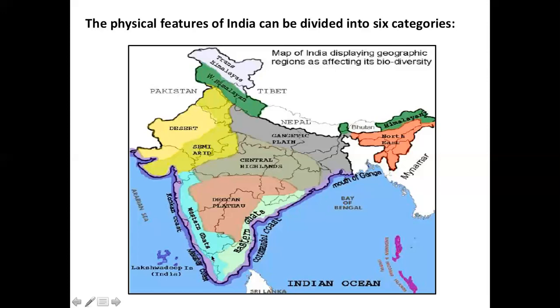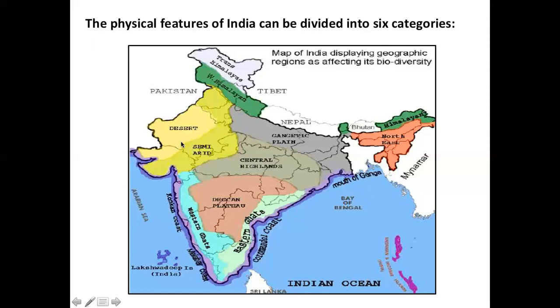Then we go to the desert. The desert region, that is the Great Indian Desert, is also called the Thar Desert. The sandy plains and the sand dunes on the western side of India are the Indian deserts, and they have very little rainfall, and that is why there is very little greenery here, and it is very dry. Why? Because there is very little rainfall.